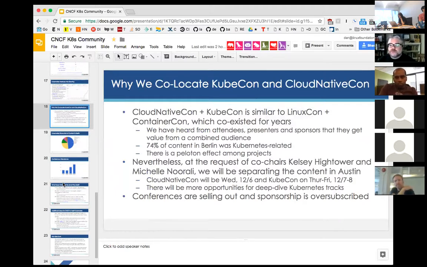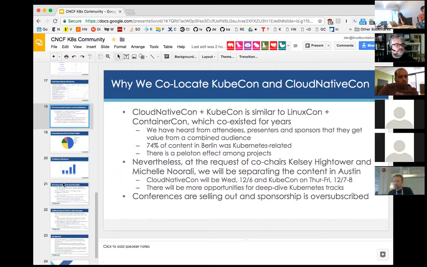But all that said, the co-chairs for our Berlin and Austin event, Kelsey Hightower and Michelle Noorali, made the request that we try out separating the content more. And so we're going to go ahead and do that for our Austin event in December, where the CloudNativeCon content is going to be on December 6th. That's going to be an opportunity for all the CNCF projects, including Kubernetes, to present.